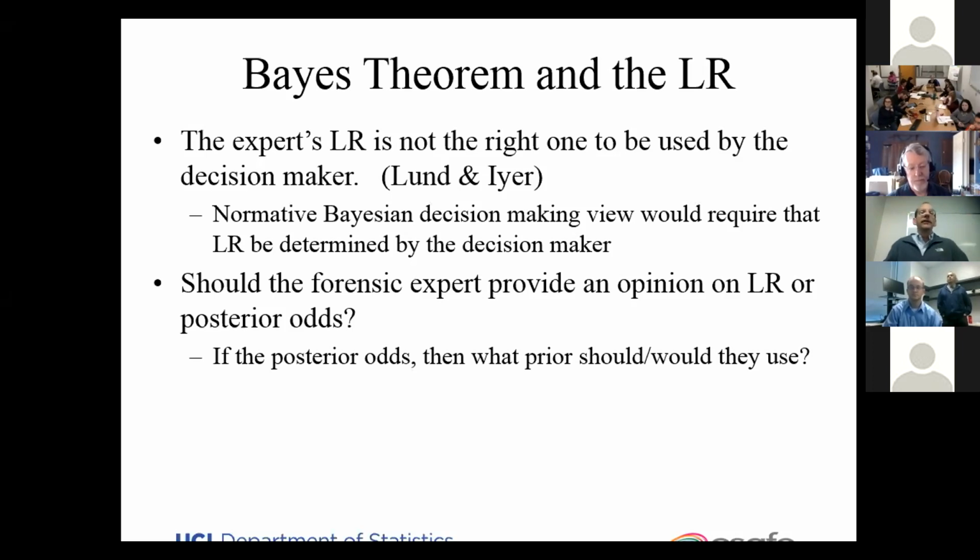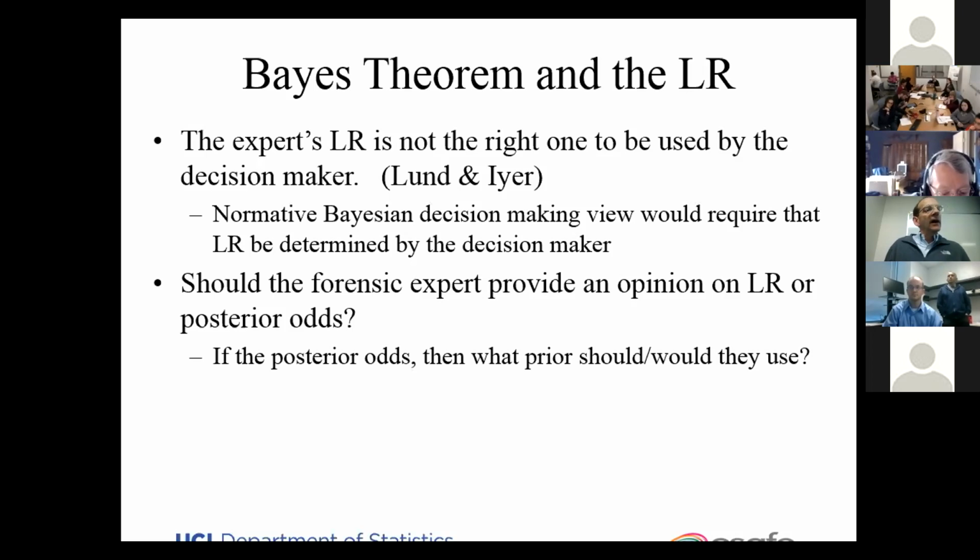So that's one of their points, and that's one way of looking at this. By and large, people who are advocating the likelihood ratio, and I include myself in that group, are not necessarily thinking that way. Instead, thinking that the likelihood ratio is perhaps a logical way to summarize the evidence, and I'll come back to that.